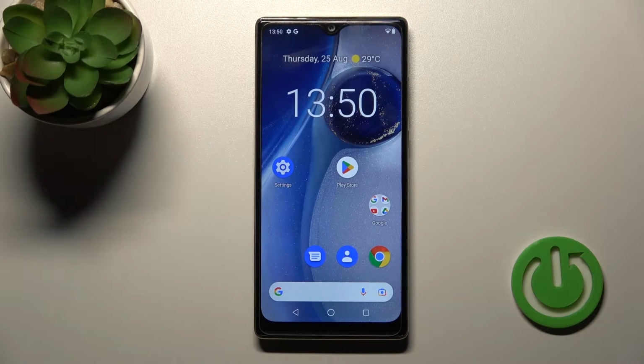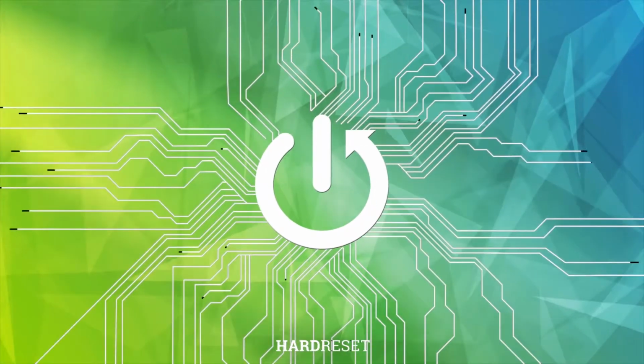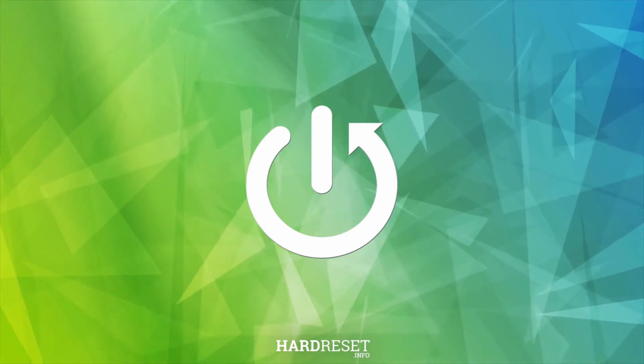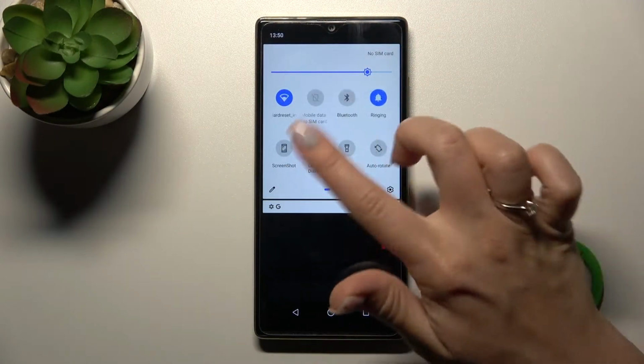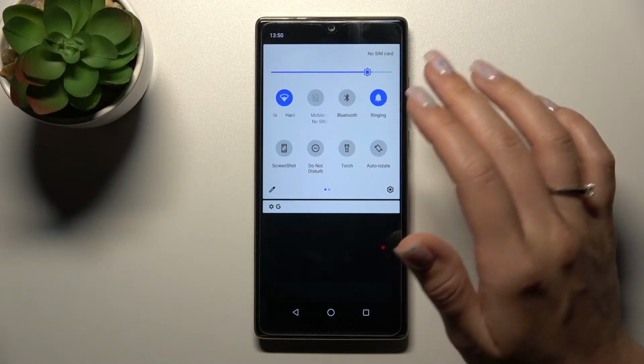Welcome, today in front of me is the CUBOT P50, and I'll show you how to edit notification panel shortcuts on this device. So first let's open the notification panel, and if you want to add some features or icons here,